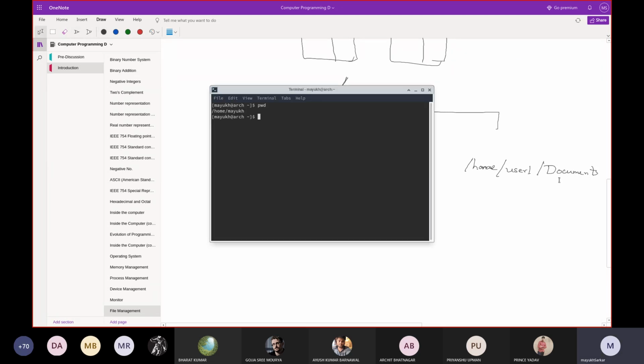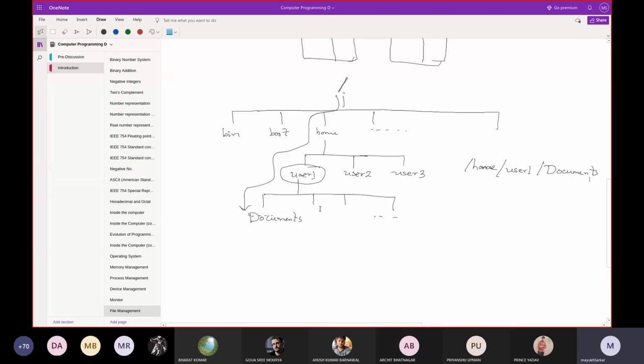So if you write something like cd documents and so on, and if you do the pwd, you'll see these paths like this, because when I'm here at this moment, my current location is this.